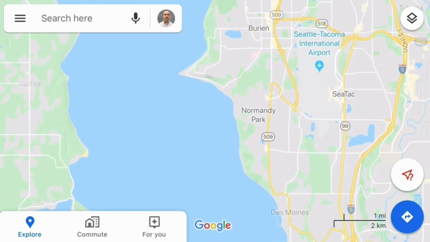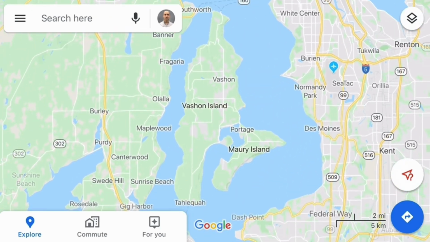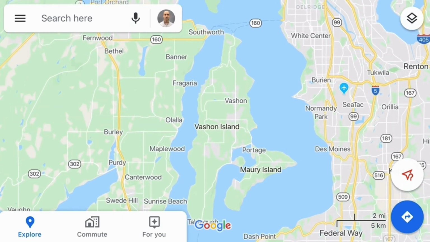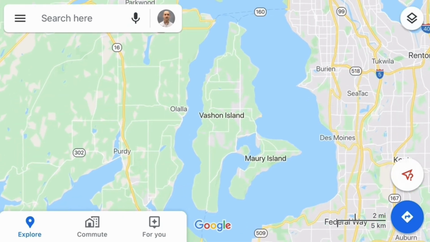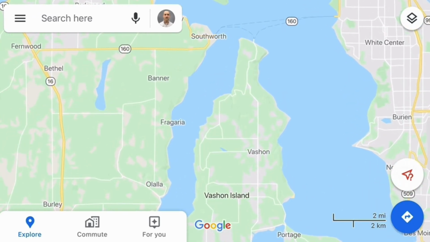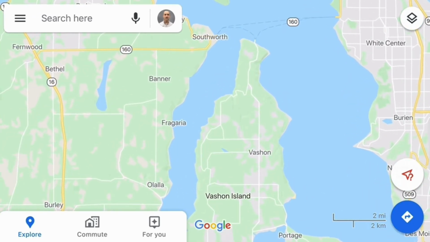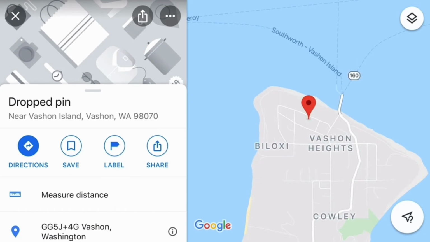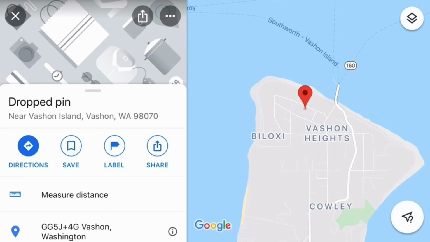Let's just use the same example that I showed you on the desktop. Here's Vashon Island. Now what we want to do that's a little different than desktop is find the place that you want to have your first point of measurement, and instead of just tapping on the screen, press on the screen and hold, and then over here you'll see the menu come up, and you can see where it says measure distance. Tap that, and now we have our